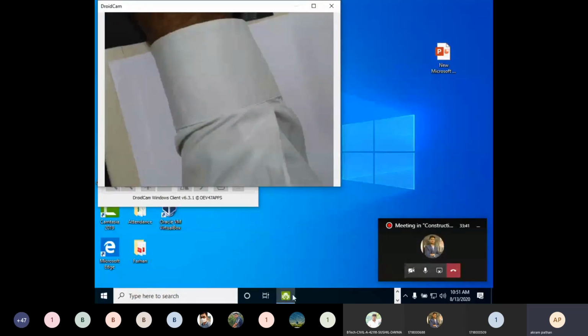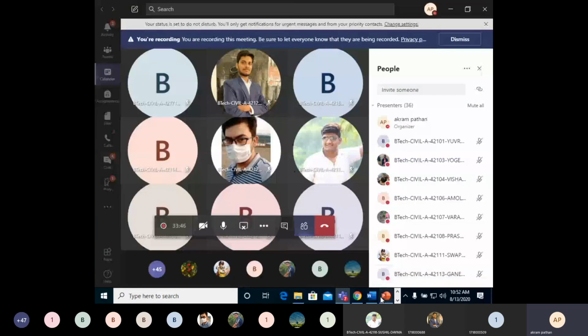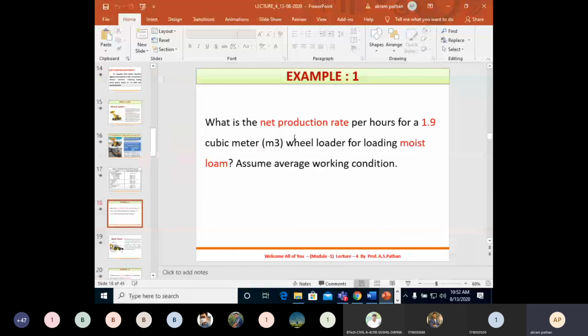What is our problem generally? Suppose 1.9, see here in this particular example, what is the net production rate per hour for a 1.9 cubic meter wheel loader for loading moist loam? Assume average working condition. So the solution for this particular problem,